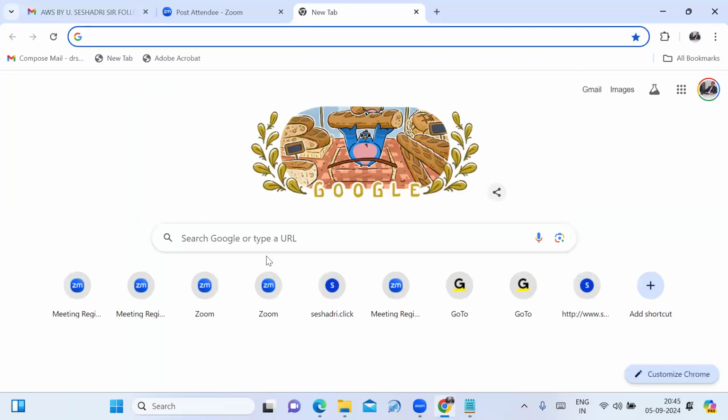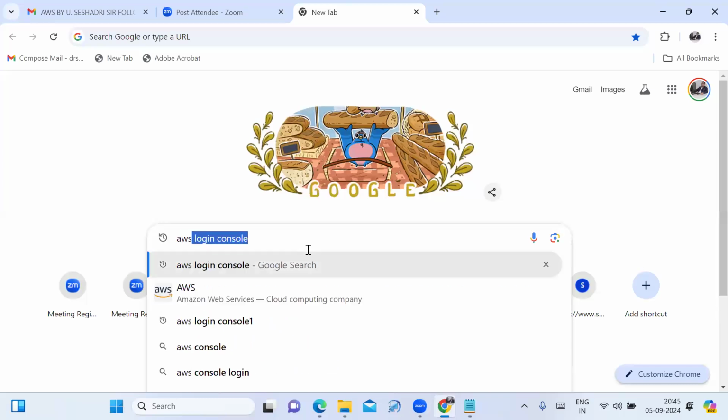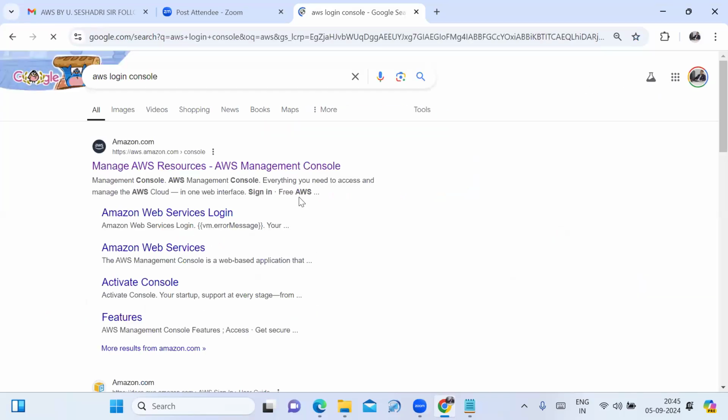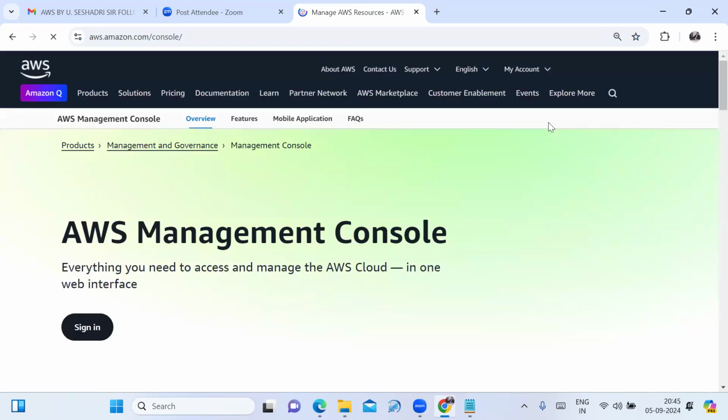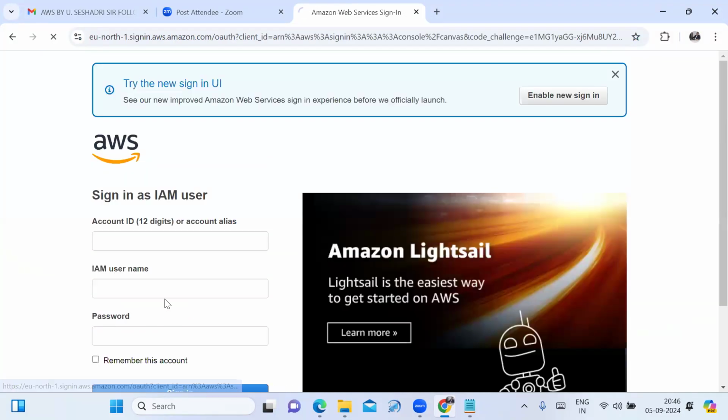See, if you take the Mumbai region, I already have an AWS account. In my AWS account, in the Mumbai region, I can just sign in. I'll tell you what steps we have to follow while creating your AWS account.